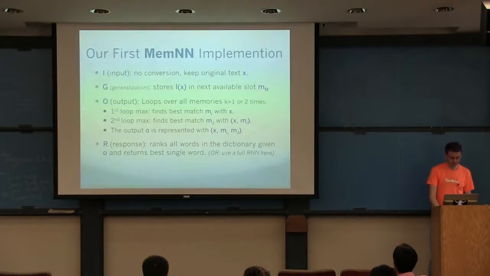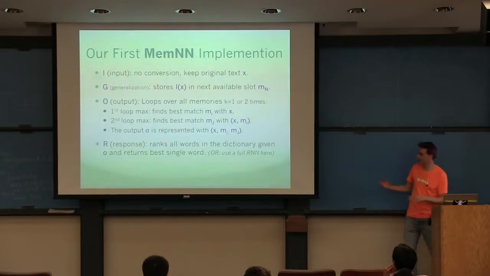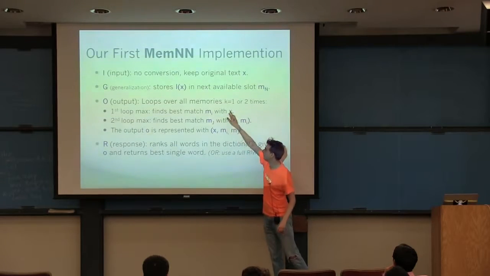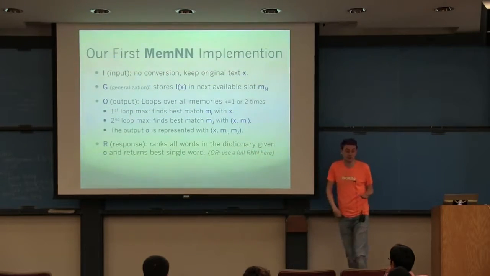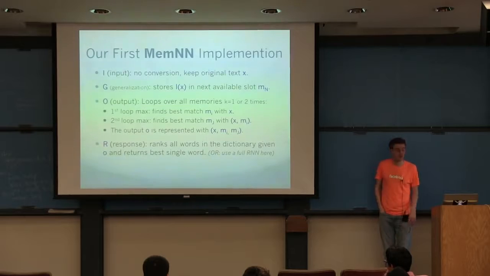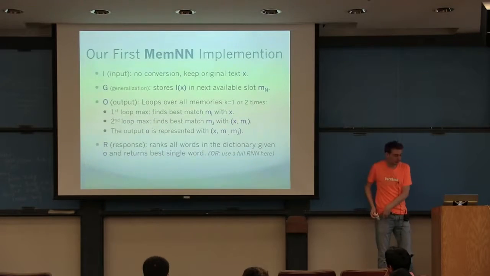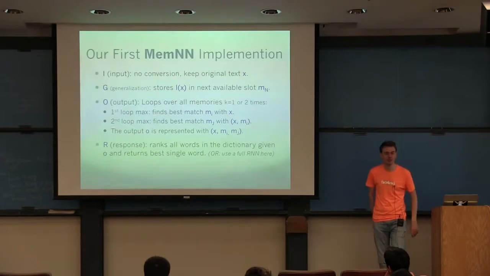Now I just need to explain what this neural network model is that's doing the matching between, say, this and this, or this and this. You could choose a lot of different things for that. You could choose a support vector machine if you wanted to. For us, we use embedding models.